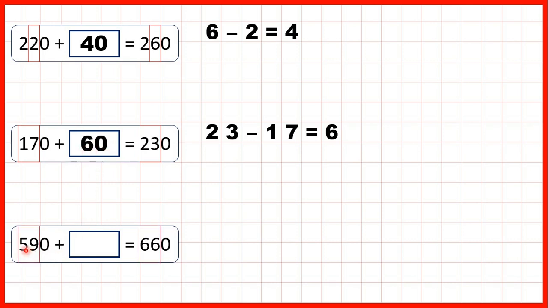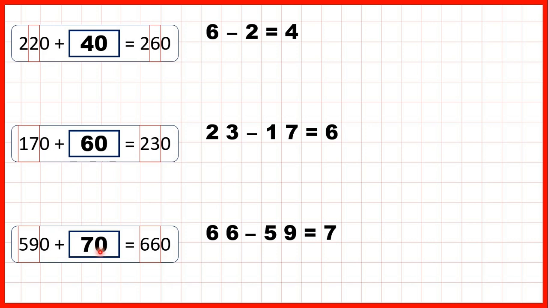And now 590 plus something equals 660. Again, we can find the difference, and 66 minus 59 is 7, because from 59 we'd count on 1 to get to 60, then count on another 6, so that's counting on 7 altogether. And to show that it's 7 tens, and that our ones digit hasn't changed, we need to write 0